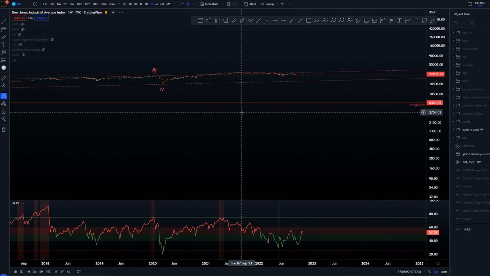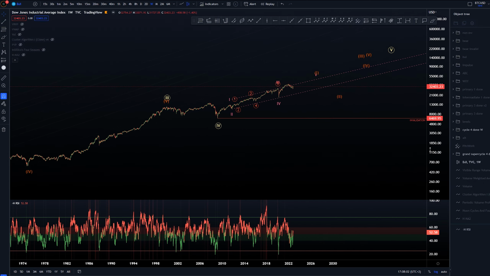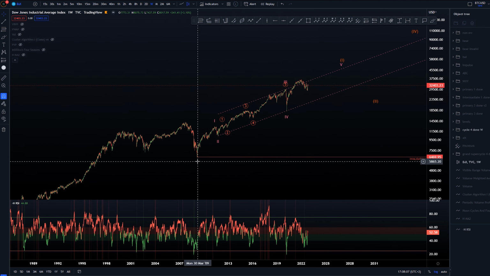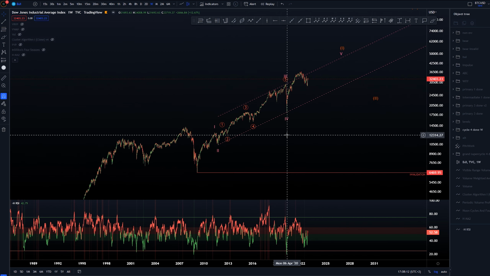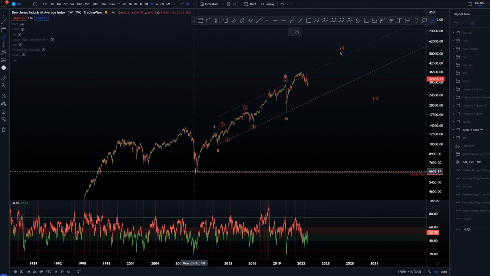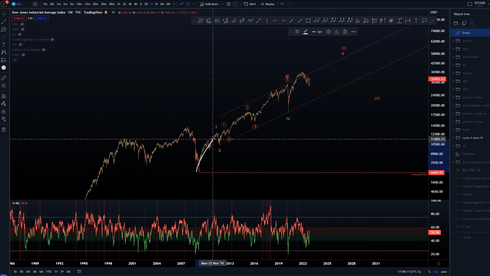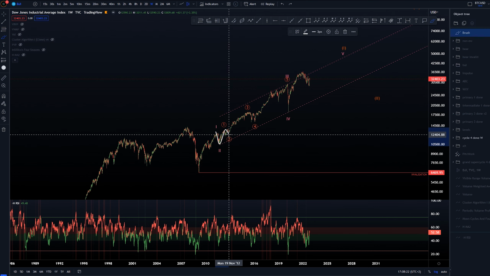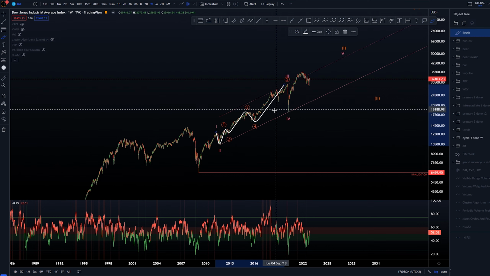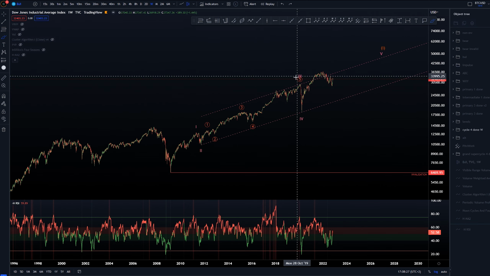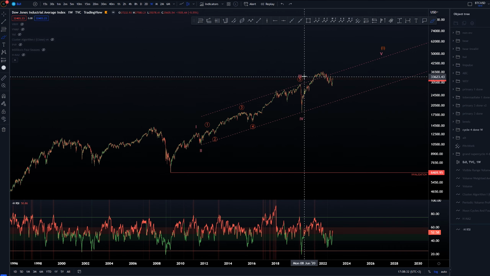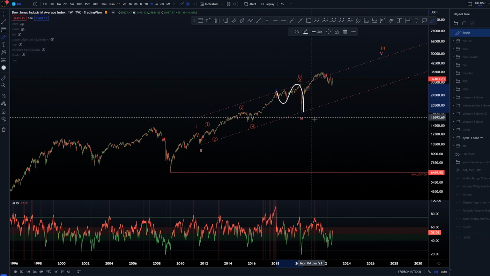Let's turn to the weekly and check out this more local structure. Here are the lows that we had on March 09, and here are the lows of March 2020. Since the 09 we had a bull run of wave 1 of cycle, wave 2 of cycle, another 1, 2, 3, 4 and large 5th here in the third. This would be fitting as we had the highest RSI here on the 3rd of 3rd, and then coming down for the 4th.